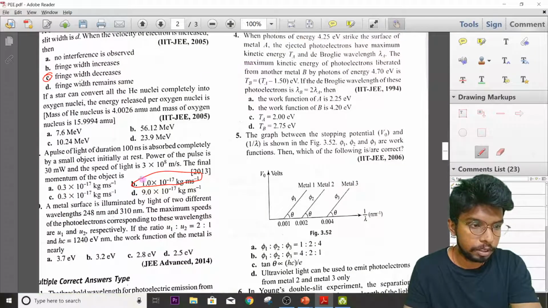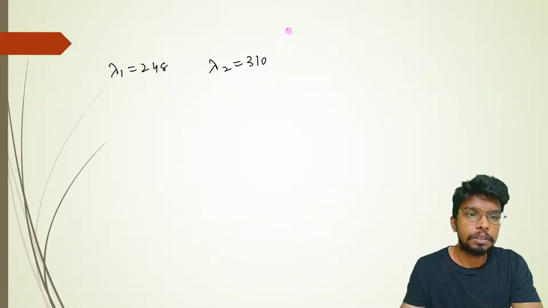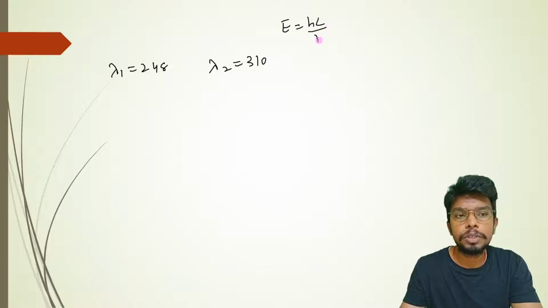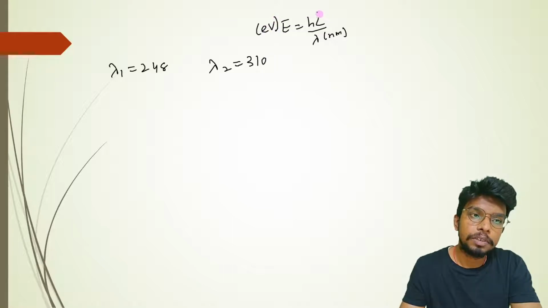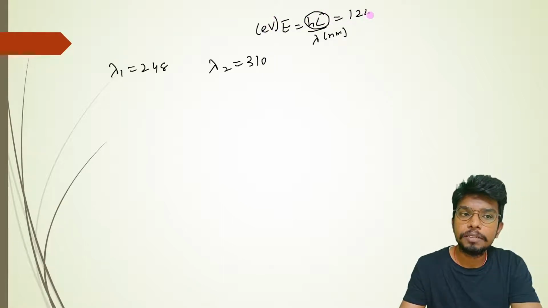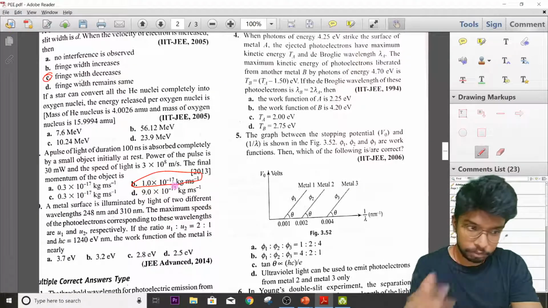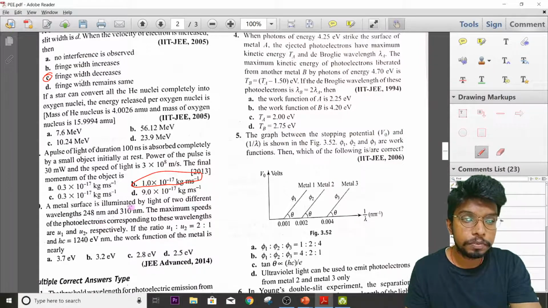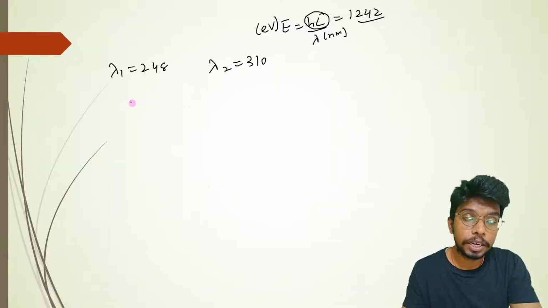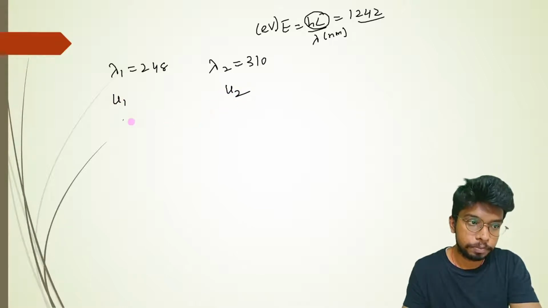This is in nanometer. We normally use the result which I told you, E is equal to hc by lambda. If lambda is given in nanometer, which will be the case most of the time, and energy is given in eV, then hc can be given as 1242. This is the actual value. They have taken it as 1240. That's perfectly okay. The photoelectron which came out for the first wavelength has speed u1 and the second has speed u2, and the ratio u1 to u2 is 2 to 1.